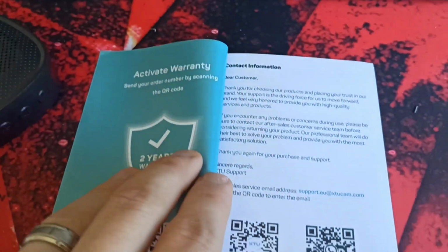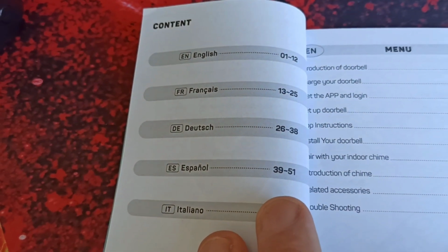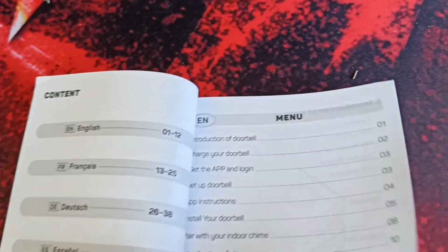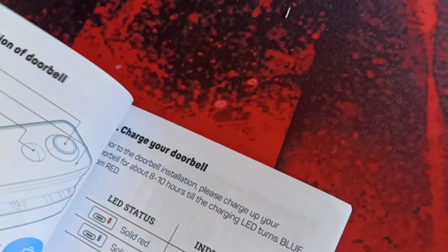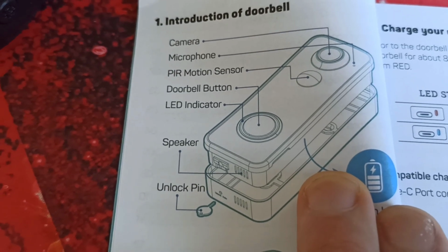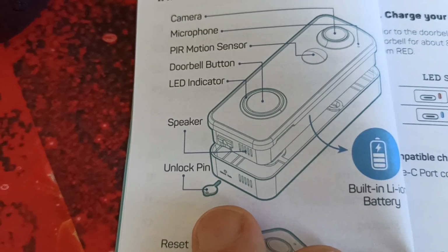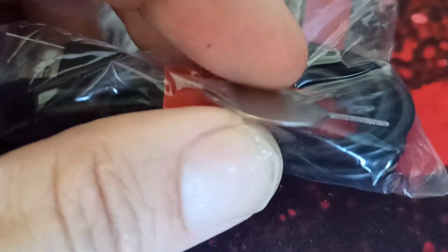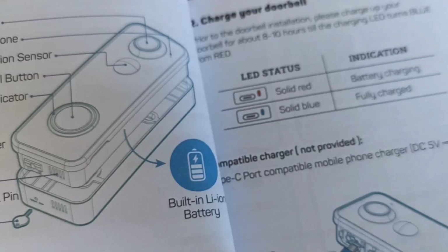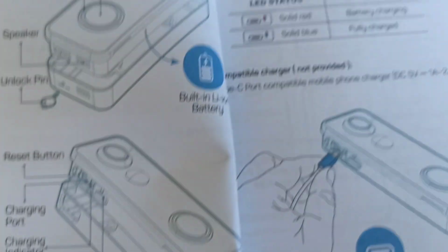Okay, let's have a quick look at the user manual, and we can find how to install. But first of all, we check the languages: English, French, Deutsch, Espanol and Italiano. We're going to English, it's just 12 pages, that means it's not hard. As you can see, we have the camera, microphone, PIR motion sensor, doorbell button, LED indicator, speaker at the bottom, and unlock pin. Okay, the unlock pin, we got this one. That's nice. And on this side we have a reset button, charging port, charging indicator, micro SD card slot,